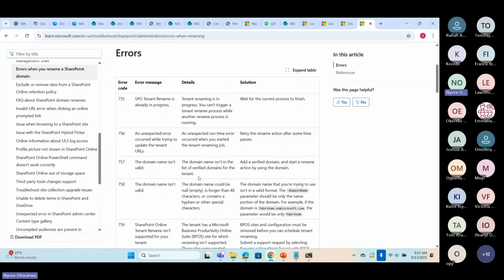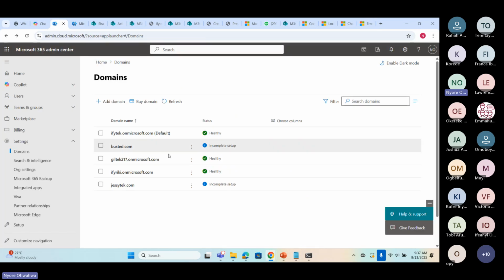So sometimes people try to rename a domain because, okay, so we've come here, you've added a domain because you've changed organization or you've bought a new domain. You add Microsoft 365 community or Microsoft Nigeria community.com, right? And then you say, oh, okay, I've changed my domain name.